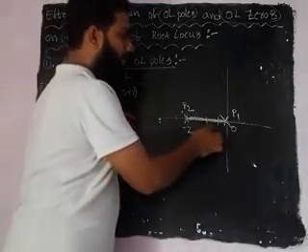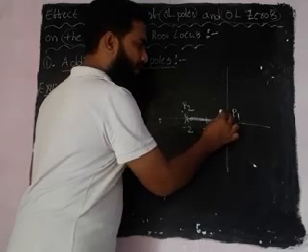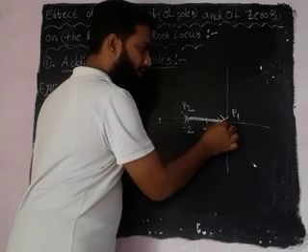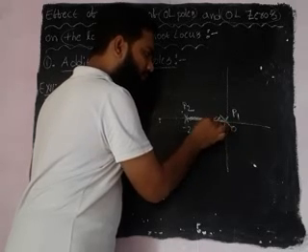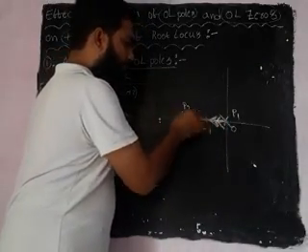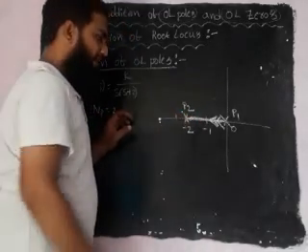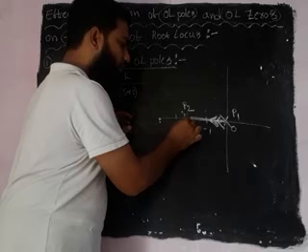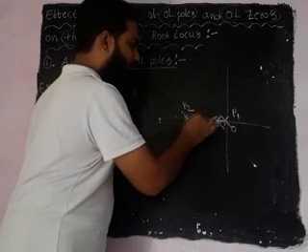Now see this example. I take a test point before pole P1 and observe the right side of it. Here I have only one pole, so the root locus starts from pole P1 and moves towards infinity, because the count is odd. Next I observe pole P2: I take a test point before it and observe the right side. I have 2, the count is even, so the root locus starts from pole P2 and moves towards the horizon, like this.